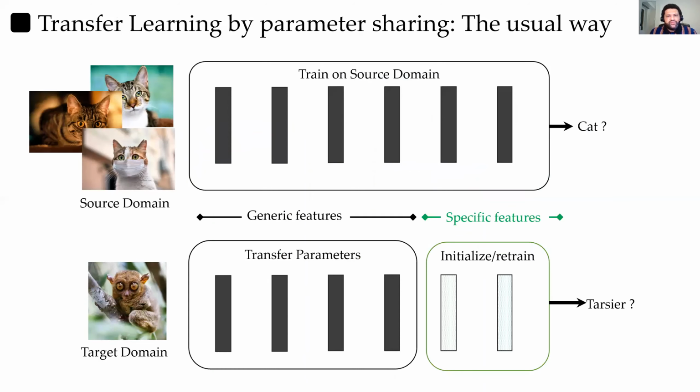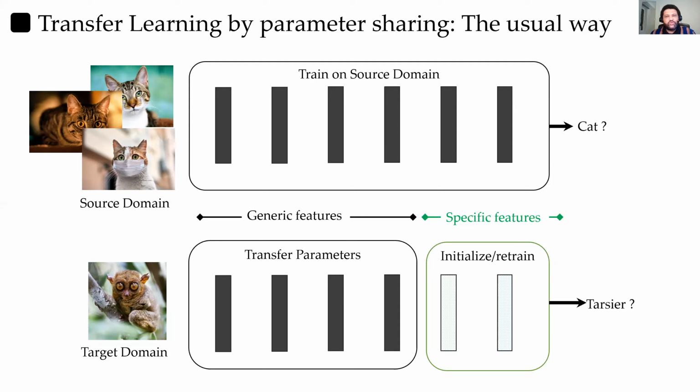The other important concept to introduce is transfer learning itself. There are many ways to realize transfer learning in the literature, but here I am particularly referring to transfer learning by parameter sharing. And it is a working solution for the case where we want to work on a domain that has limited data, like classifying scarce animals, such as the one in the bottom picture, which I have never pronounced its name correctly before, but I think it's Tarsier.